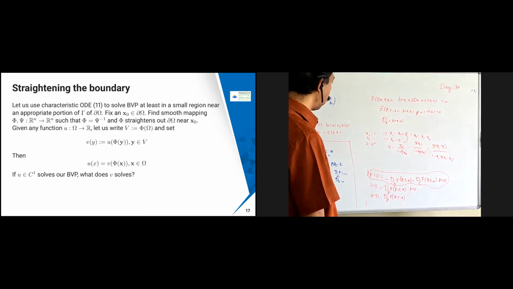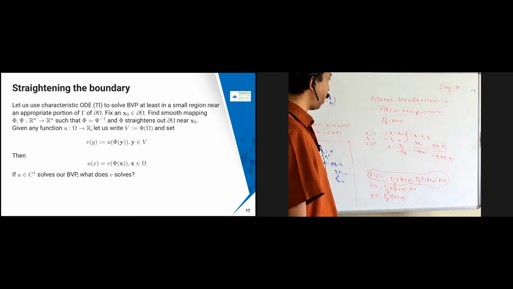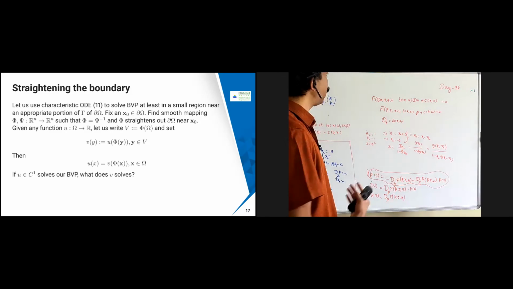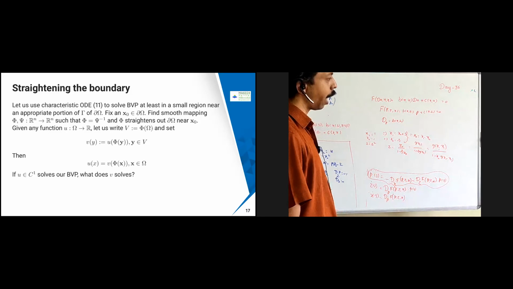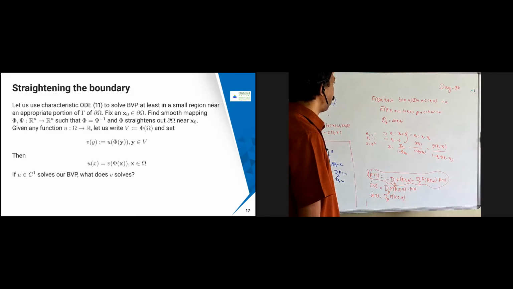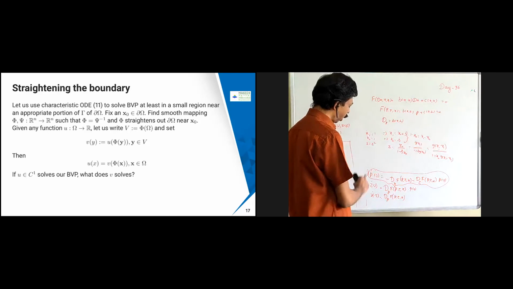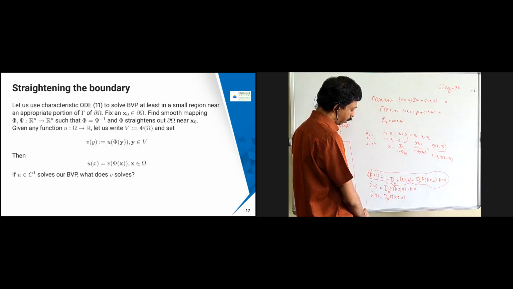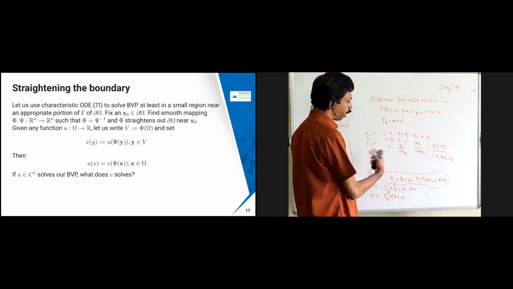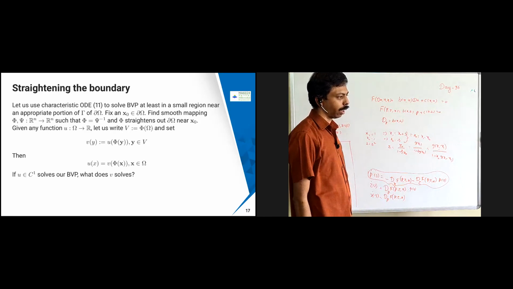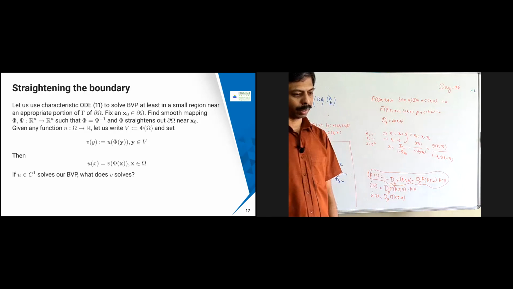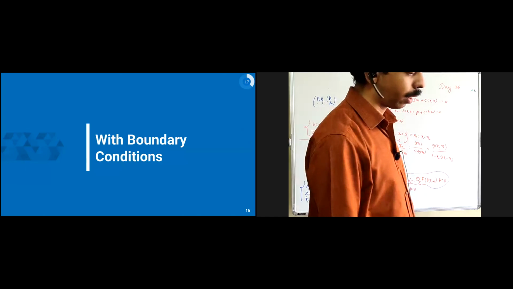Okay. So the take-home message is that whatever be the non-linear, whether it is a non-linear PDE or linear PDE, if your PDE is of this form, some function F of Du, u, x is there, then you can find your characteristic ODE this way, and then solve this problem, use the initial conditions, okay, and then you can get a solution for your u of x. So that's the take-home message.